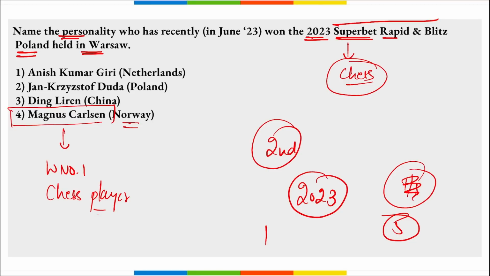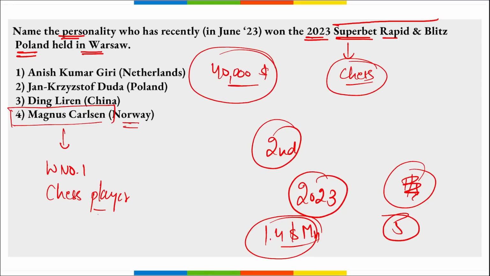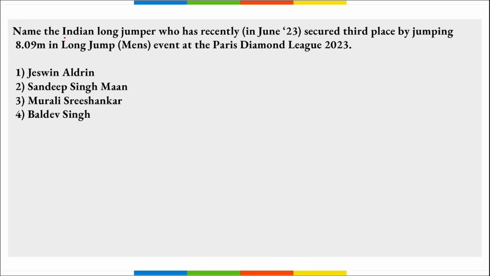एंड यहाँ पे जो टोटल प्राइज मनी रहता है 1.4 मिलियन डॉलर. करेक्ट. एंड यहाँ पर मैग्नस कार्लसन ने इस इवेंट को जीत के कितना प्राइज मनी जीता है, $40,000. करेक्ट. नेक्स्ट, नेम द इंडियन लॉन्ग जंपर जिन्होंने अभी 3rd प्लेस सिक्योर करी, मतलब ब्रॉन्ज मेडल सिक्योर कर लिया